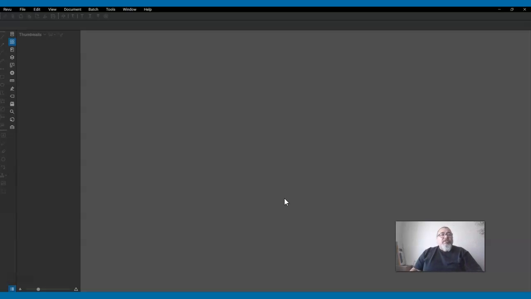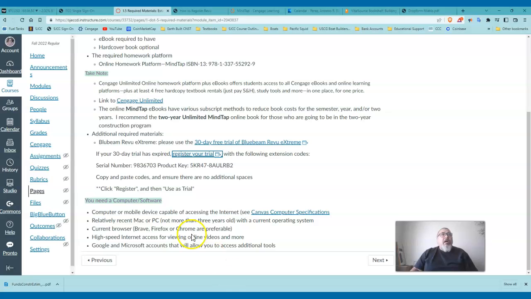So we just spent 4 minutes doing that just to show you how to set up your Bluebeam. Now I'm going to show you how to use your Bluebeam, and you can use it many different ways, and I don't want to get too crazy, but I want to show you how we used Bluebeam today in class and how I'm going to expect you to use Bluebeam to do this type of assignment. Okay, so let's go back to our modules